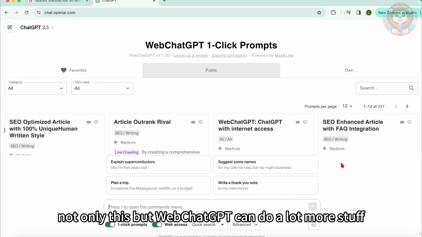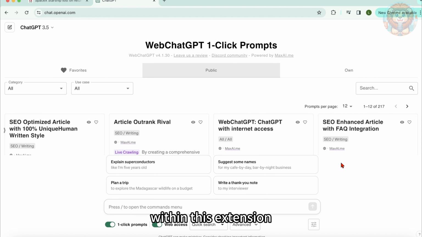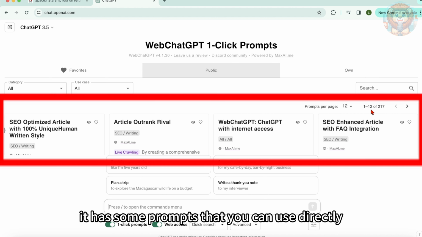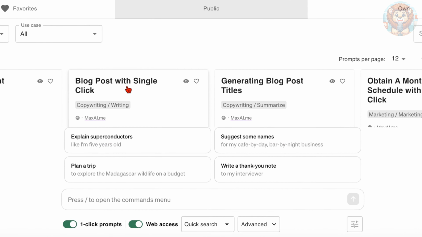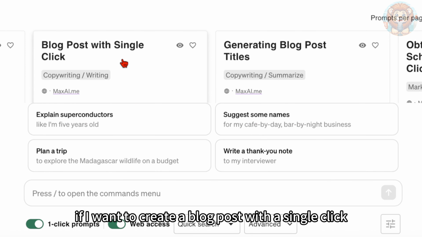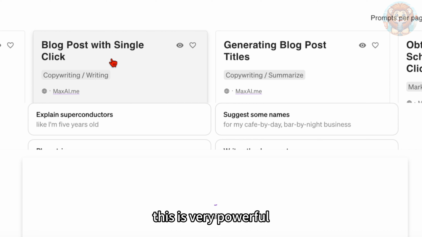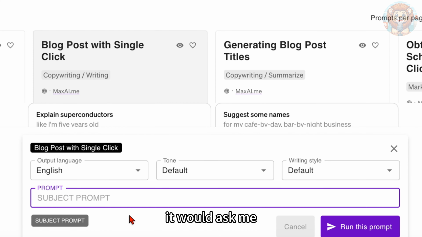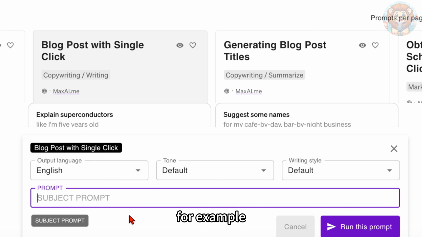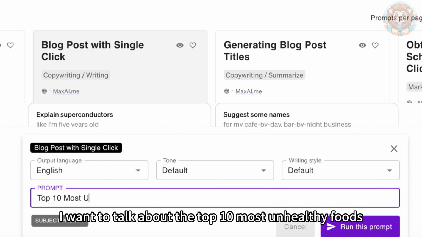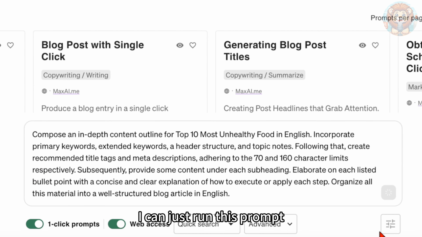Not only this, but Web ChatGPT can do a lot more stuff. Within this extension, it has some prompts that you can use directly. There are a lot of prompts, and let me try one of these out. If I want to create a blog post with a single click, this is very powerful. When I click this, it would ask me what is the subject that I want to write the blog post about. For example, I want to talk about the top 10 most unhealthy foods. I can just run this prompt,